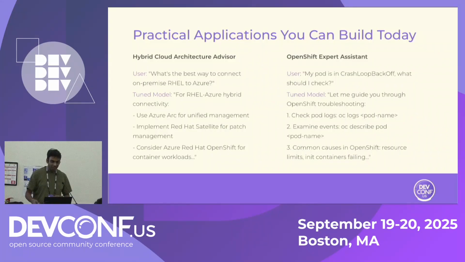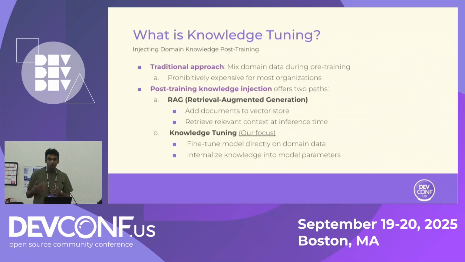But yeah, basically, if I ask a question like, "Hey, my pod crashed, what do I do?" you want the model to tell you, "Here are the steps. Do this, do that, do that." And of course, if your system is very custom, you want those steps to be as close as possible to being workable. Okay, so with that, now that I've made a case for domain customizing a language model,